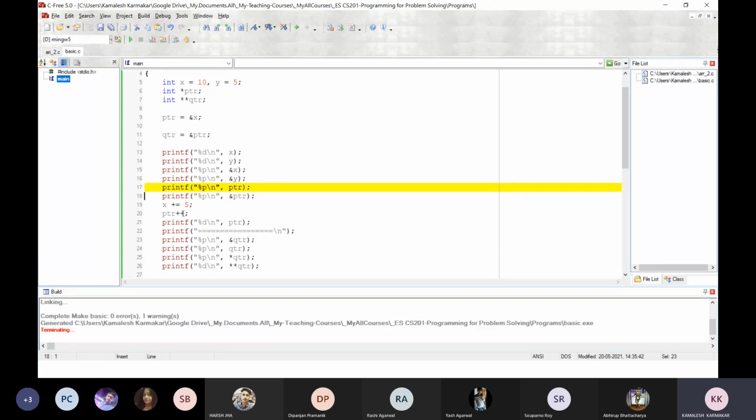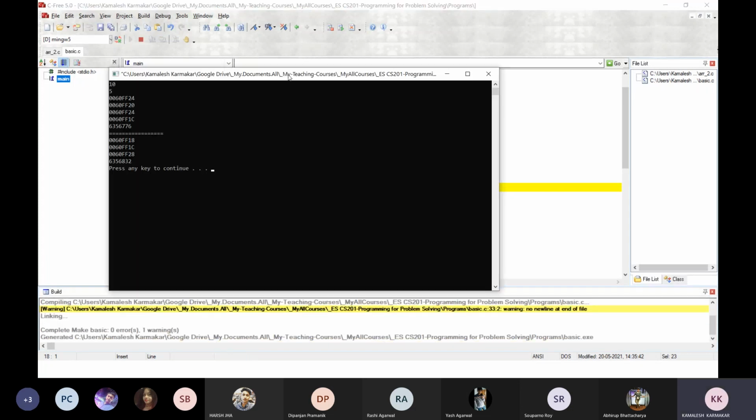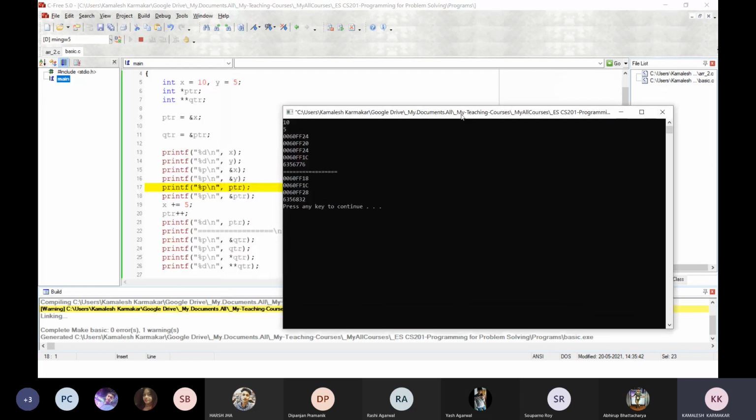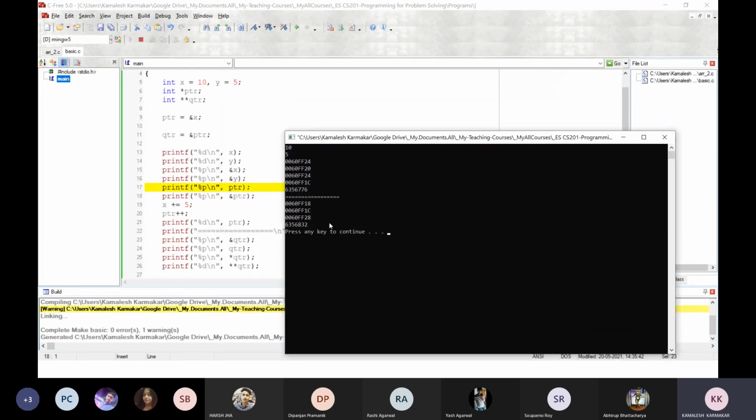Then we have used ptr plus plus. Now the value of ptr. So let us check. Just before this line, the line number 21, the output of line number 21 is this.